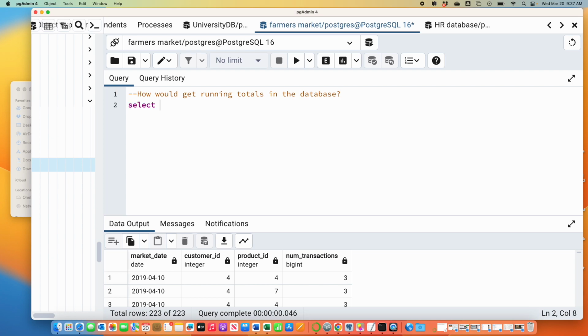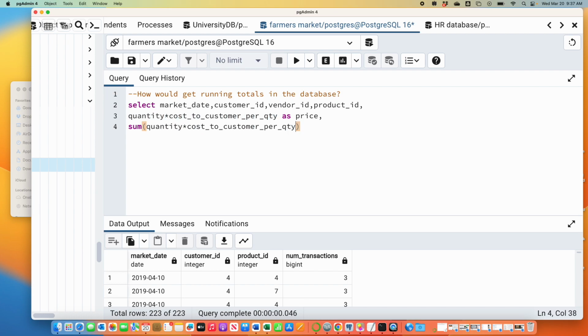So I'm just going to show you customer D. I'm going to just ask it to show me a bunch of stuff. Product ID. As always, it enrages me to type this. Cost to customer per. I wonder if I can hotkey, like just tell my keyboard to remember what that is. Somebody smarter than me knows how to do that. Okay, so now I'm going to do a sum of transaction costs, as Bryson suggests.